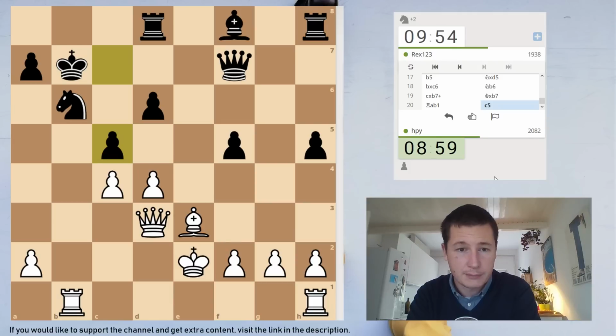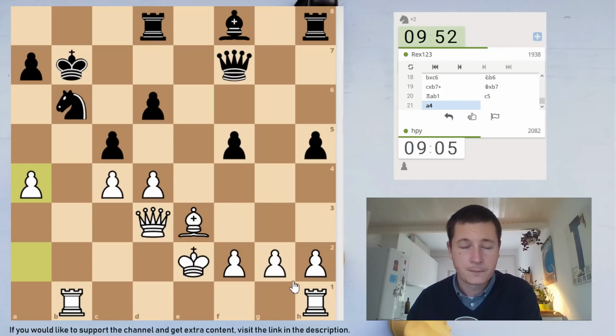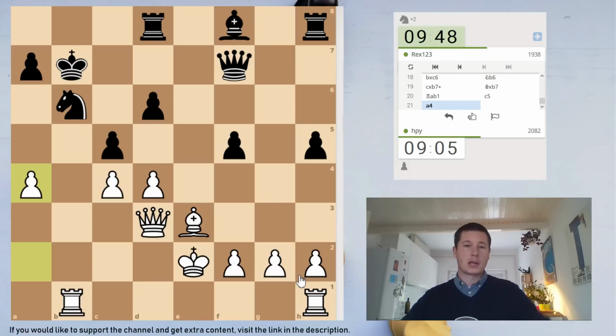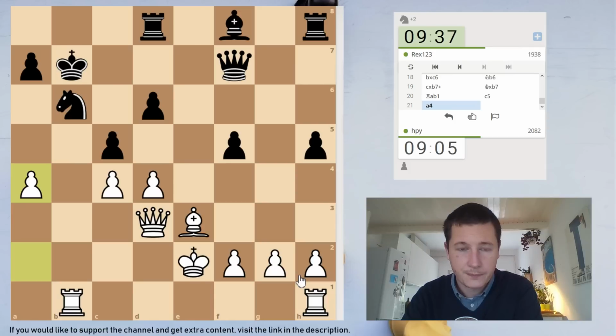I can now play a4 for free. If I'm not very much mistaken, I can just play a4. So I'm going to play a4 without too much thinking. I don't see why not. I just have to be careful not to allow him to take my c4 pawn. So if he moves the king to, let's say, a8 and I play a5, he can take knight takes c4, but then I can go queen to b3 and I'm threatening